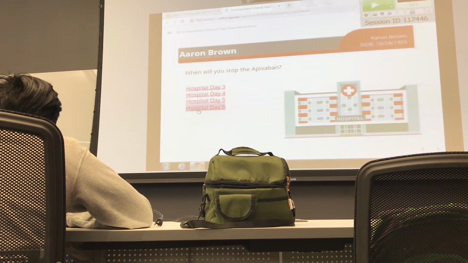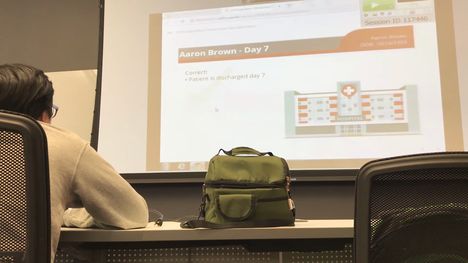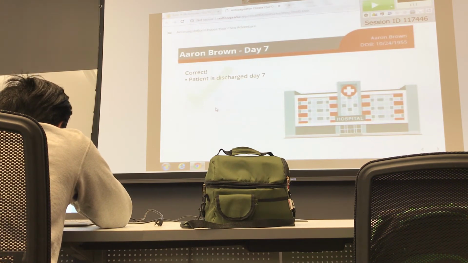So let's move on. So we decided hospital day 6, we are going to stop. So 3-day overlap, right? Today's hospital day 3, and then 3 days, 1, 2, 3, right? Hospital day 6, we're gonna stop. Fabulous. We get to day 7, the patient is discharged happily on warfarin therapy, and he goes into the abyss, okay?